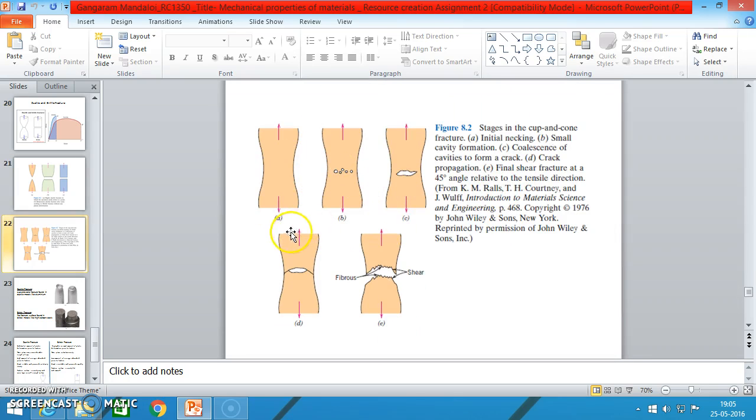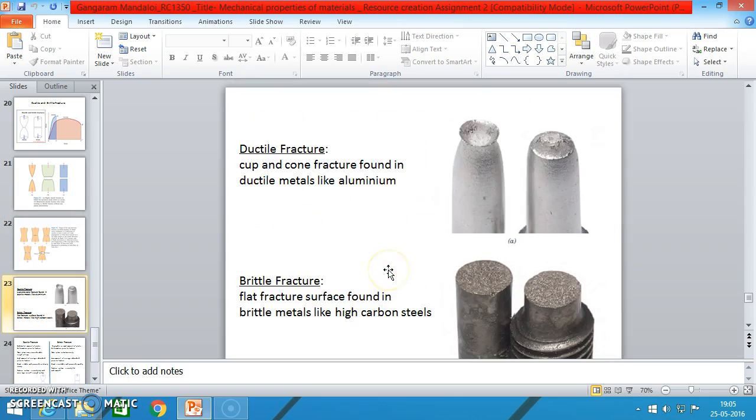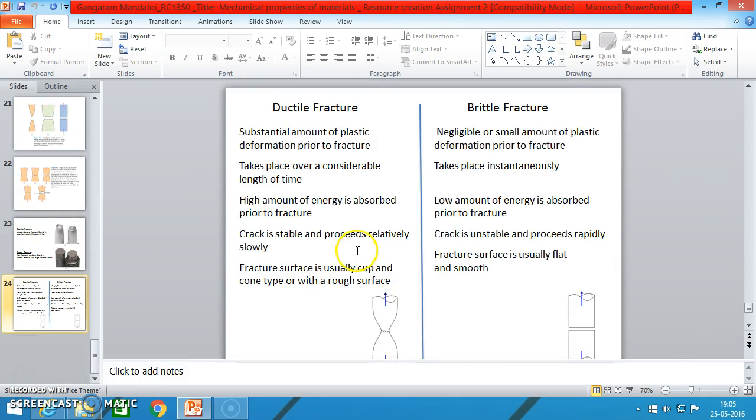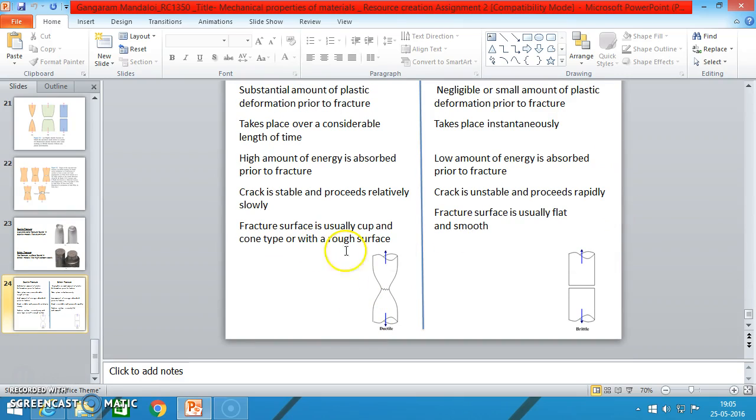These are the various figures. You can see here the necking of the ductile material fracture, and this is the brittle material fracture. This is the comparison between ductile and brittle materials. You can see the various